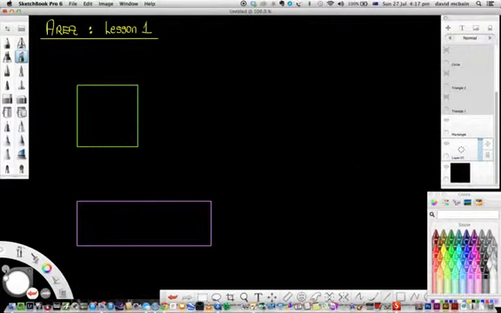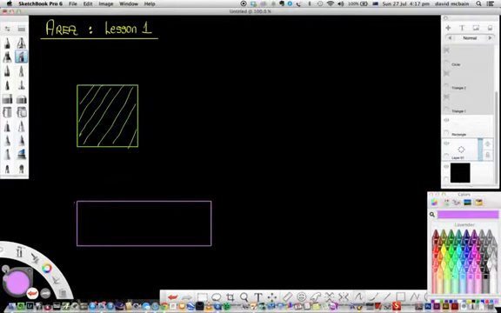So in the previous lessons we learnt how to work out the perimeter, which is working out the distance around the outside of the shape, whatever the shape happened to be. But if we're now working out the area, that's different. The area is the region of space enclosed by the shape. So this is the area of the square that I'm shading in green,